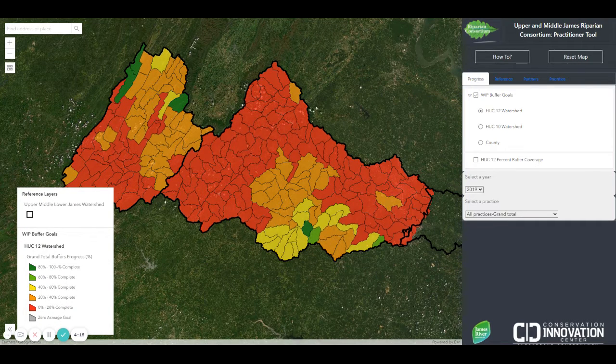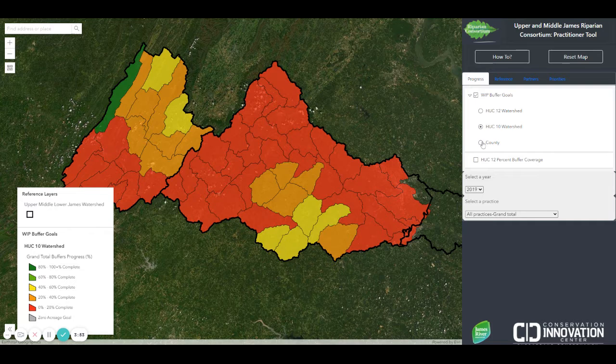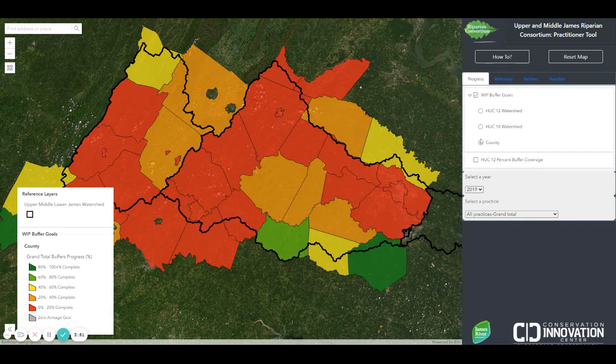The Progress tab contains layers related to progress towards Watershed Implementation Plan, or WIP, goals for various types of buffer practices, according to the CAST model. In these layers, red represents areas where there's much work to be done to meet WIP goals, and green represents areas where WIP goals are near complete. You can choose a scale that is most appropriate for your work, either HUC 12, HUC 10, watershed, or county